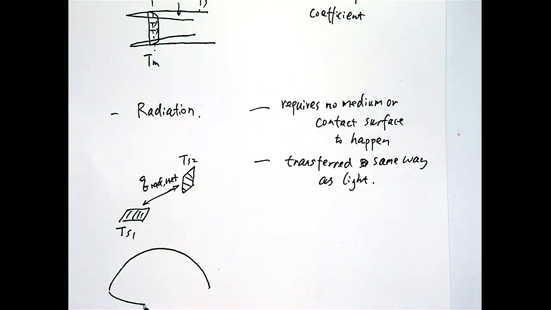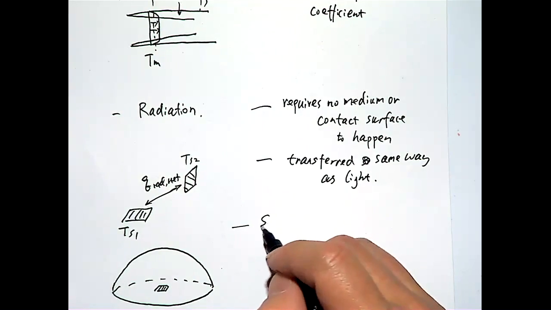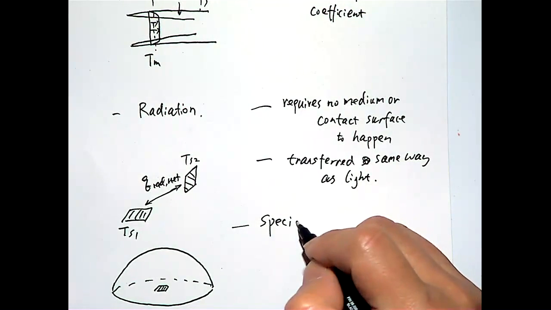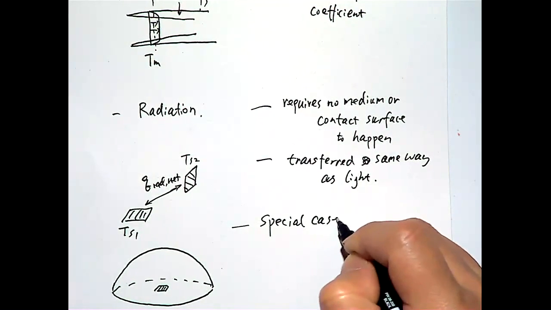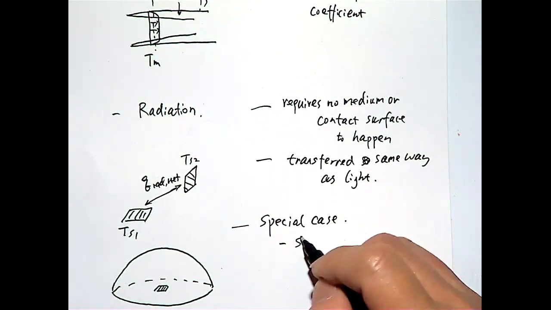That is, consider a very large dome, and a small surface underneath this dome. This is a special case for which we can use a straightforward equation for calculation. The special case is a small surface underneath a large